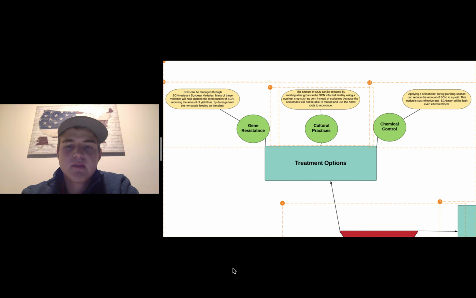Some of the treatment options that we have available currently are gene resistance, cultural practices, and chemical